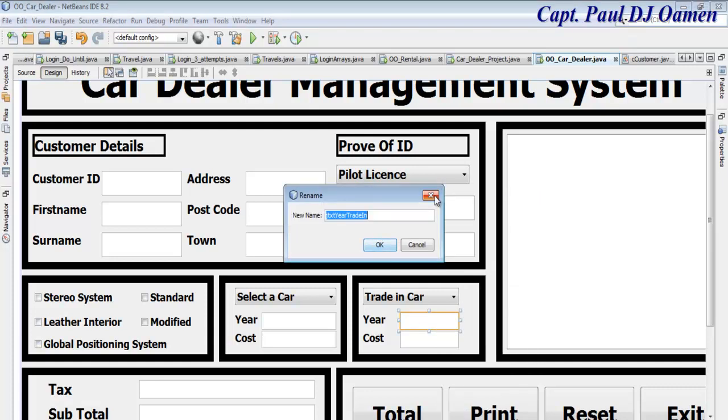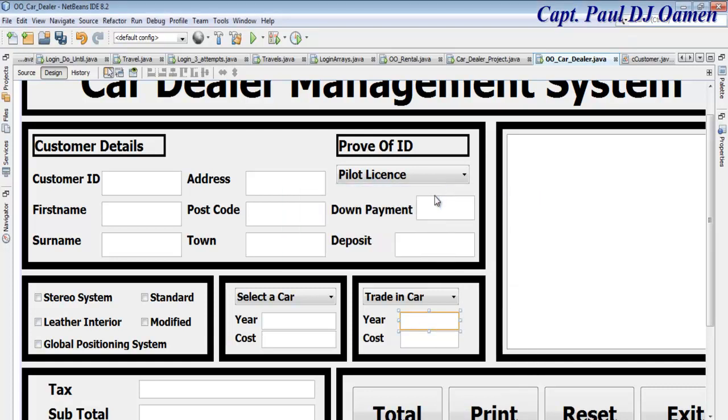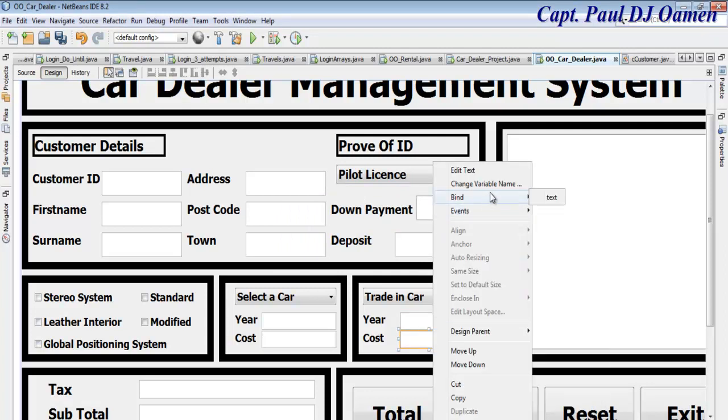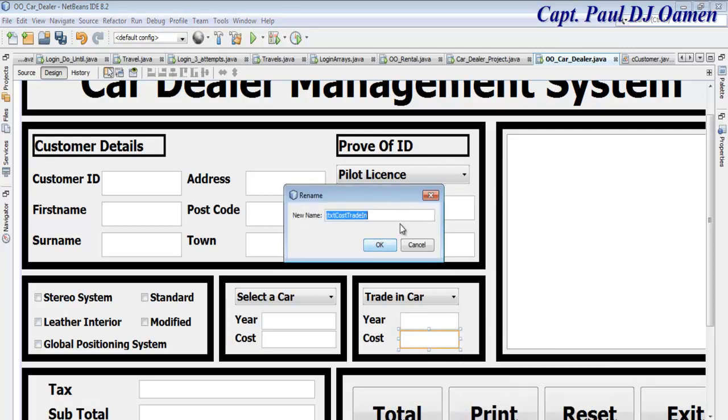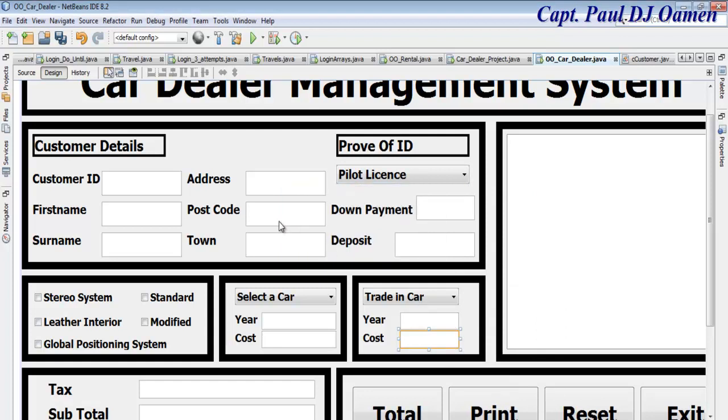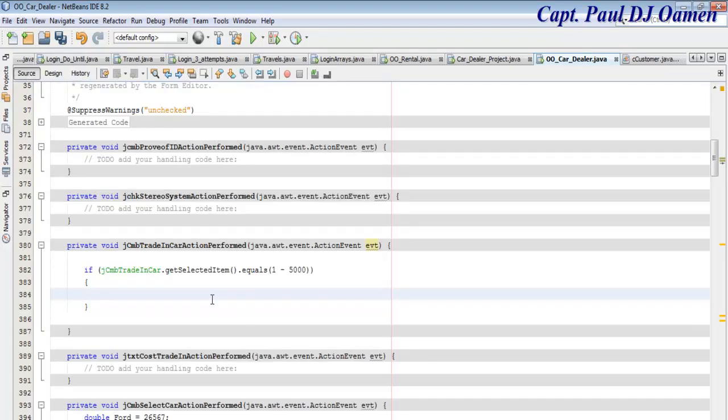So the year is just going to be standard, and the cost, let's say the cost. Okay, let's copy the cost, and let's go back there and just enter the cost. In this case it is going to be what? Dot set text. So for a car that has between 1 and 5,000 mileage, let's say the cost of that is going to be,